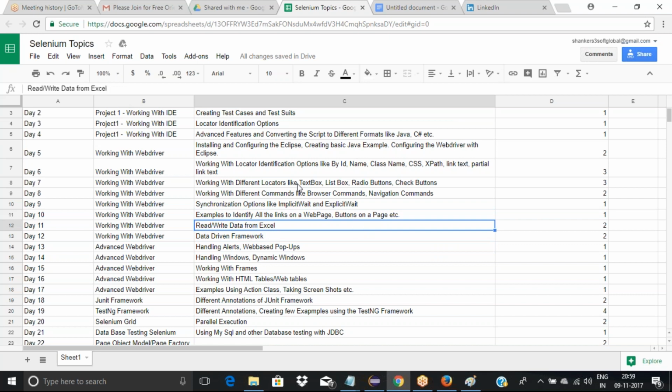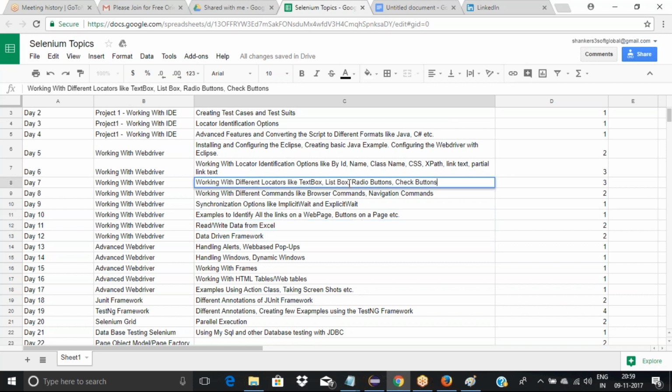All right. So what I was saying is these are the different controls that you're going to look at. We'll see various examples on how you work with list box, then radio buttons, check boxes. How do you work with links that are available on different pages? We'll see various examples on how many links are there in a page. We'll find out the links count. We'll go to a particular link and check whether this link is enabled. If enabled, can we click on this? So various examples on different controls like